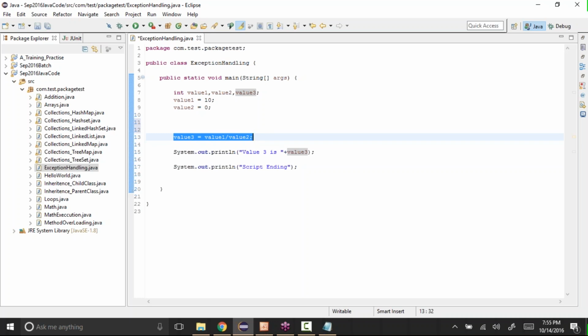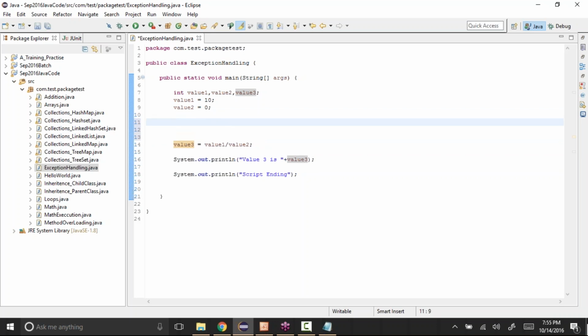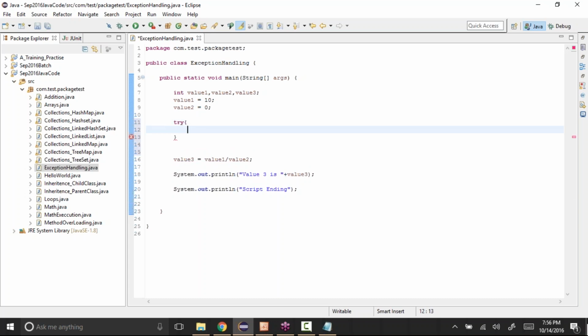Okay, so in those kinds of scenarios also we can use this exception handling. In case that button is disabled, we can tell it to do something else. And how we can do that is with the help of try and catch blocks. So in Java we have something called try, open and close, and then catch,